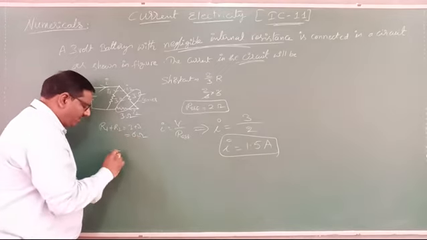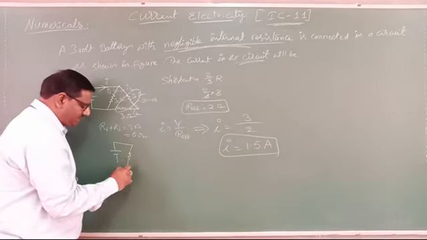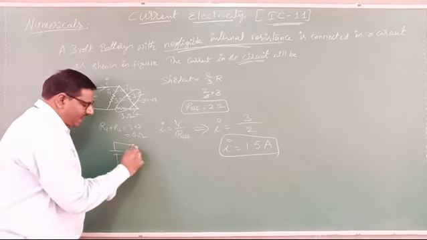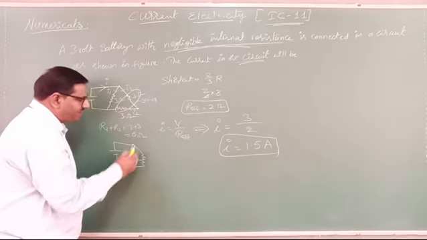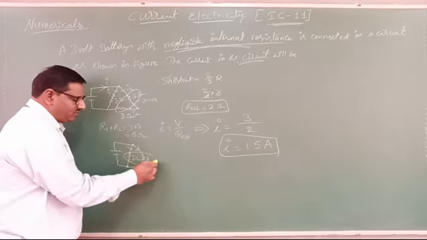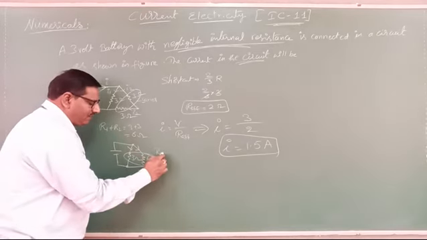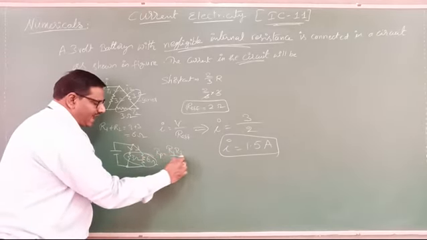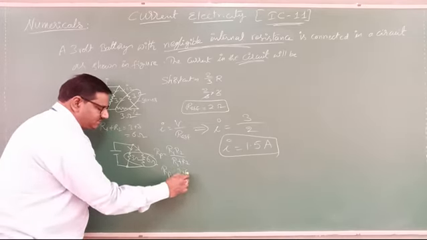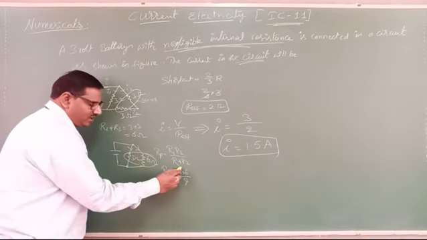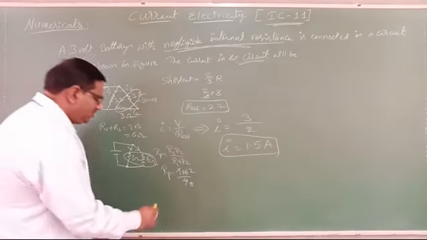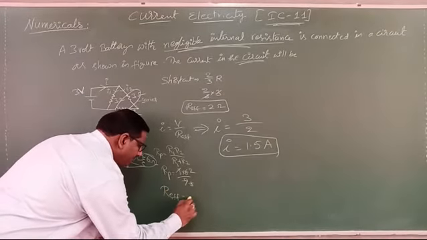Now the circuit is modified: here one resistor that is 3 ohm, and at these 2 points we have one more resistor, what we measured now, 6 ohms. These 6 ohms and 3 ohms are in parallel. Then Rp equal to R1 R2 by R1 plus R2. How much is it? Rp equal to 3 into 6 by 3 plus 6. How much is it? 9. So here 3 times, here 2 times. Clear? Now total effective resistance R effective, how much do you get?